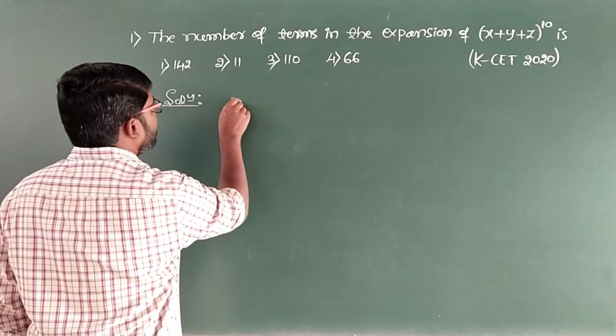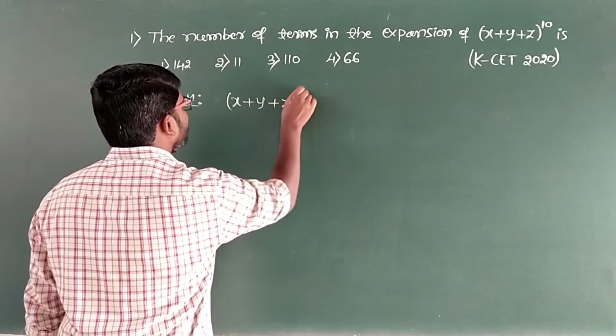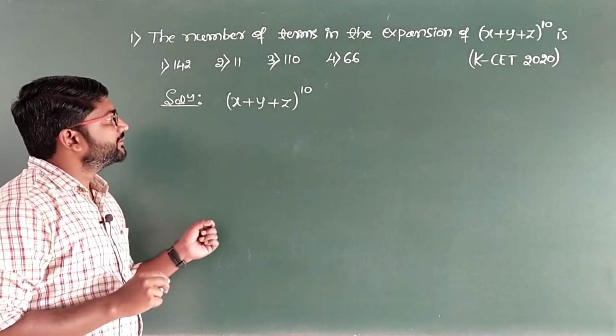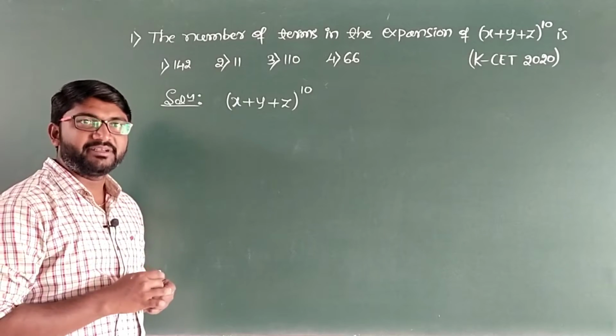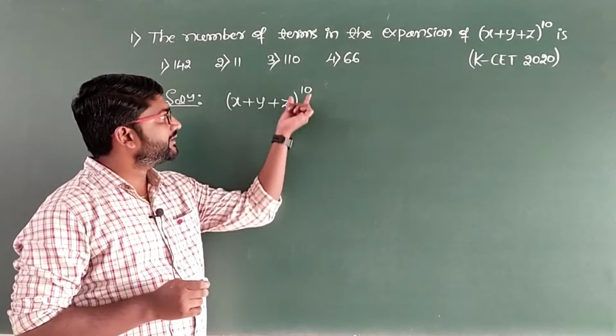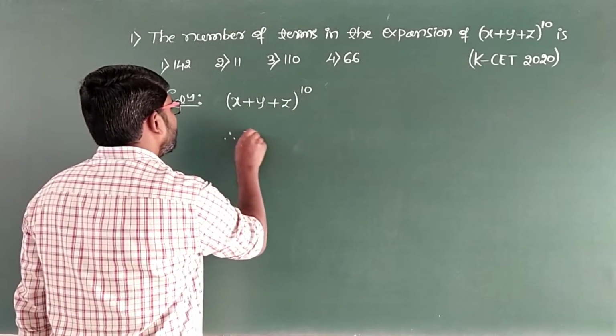So it is x plus y plus z whole to the power 10. So we have given the point now. The number of terms in the expansion of x plus y plus z whole to the power n will be n plus 1 into n plus 2 divided by 2. What is the value of n now? It is 10. Therefore, the number of terms